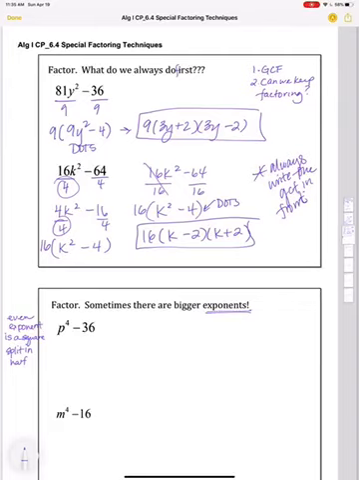So is this the difference of two squares? Is it a difference? Yes. Are these perfect squares? p to the fourth is because 4 is even, and 64 is also a perfect square. So p squared plus 6 and p squared minus 6. As long as I split this in half,